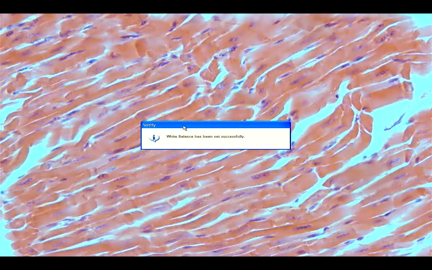Okay. And then another thing is the presence of striations. So striations would be a feature for cardiac muscle. Another feature would be the presence of the branching appearance. So here you would see the branching appearance of the cardiac muscle. So again, a single nucleus, centrally placed, presence of striations, branching appearance of the cells. And another thing that we can